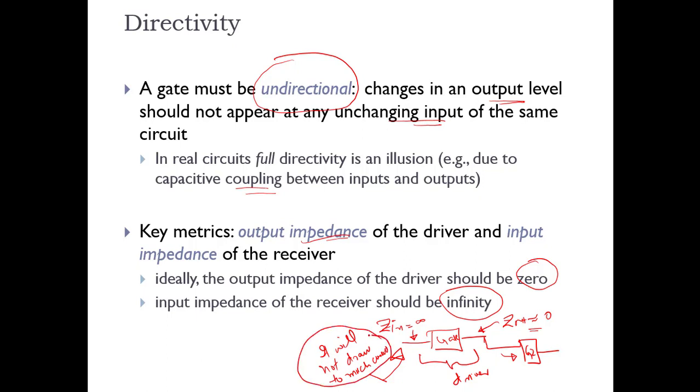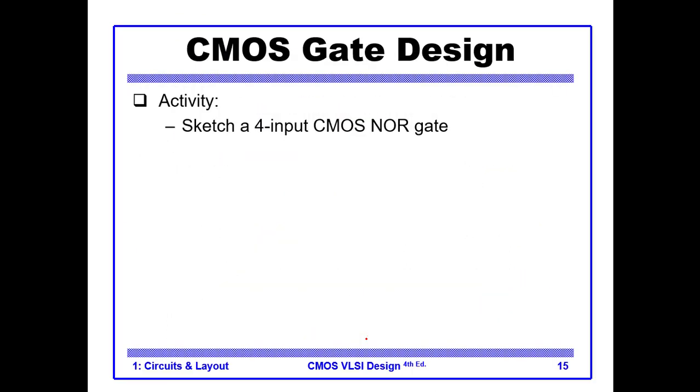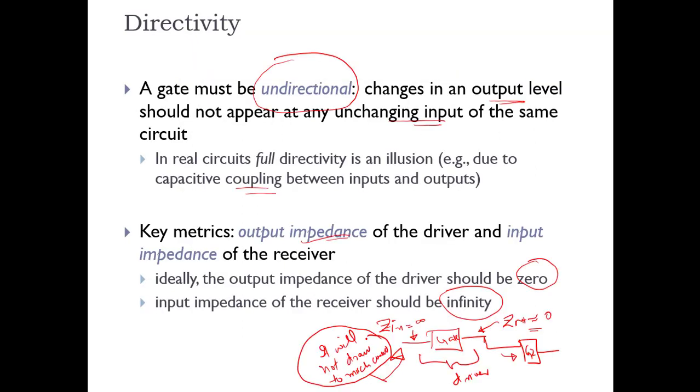I think you may have taken the first course on electronic circuit design, and I suppose you have studied amplifiers. These were the characteristics that you studied, that an ideal amplifier should have a Z out of 0 and a Z in of ideally infinity. Okay, so let's